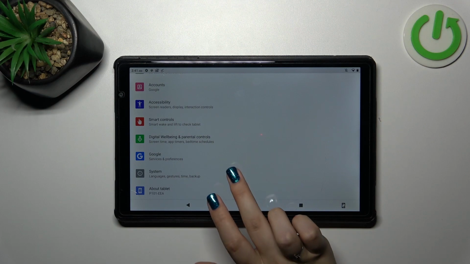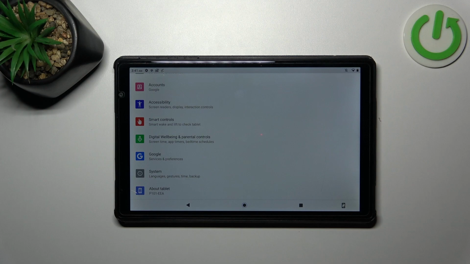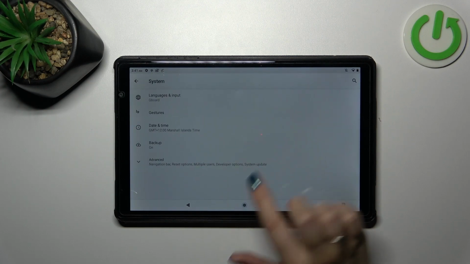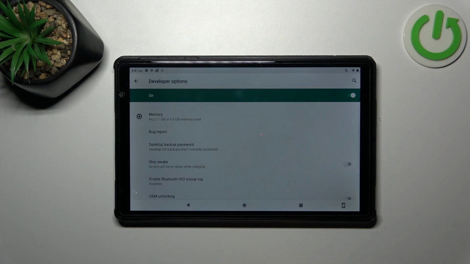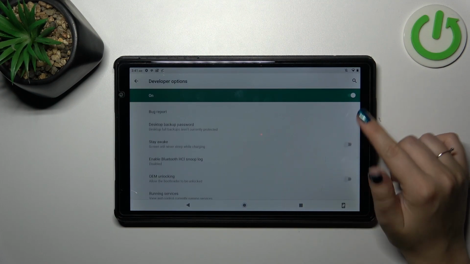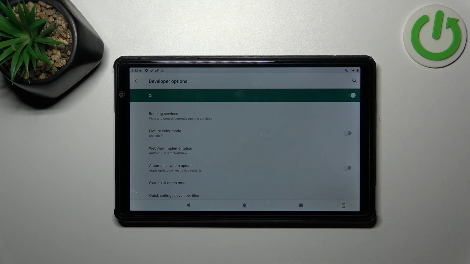After getting back, we can enter the settings. Then we have to go back to the general settings and enter the system, tap on advanced, and almost at the bottom we've got the developer options, so let's enter. And here all we have to do is to scroll down just a little bit to find this automatic system updates option. Just tap on the switcher and from now on this option is active,